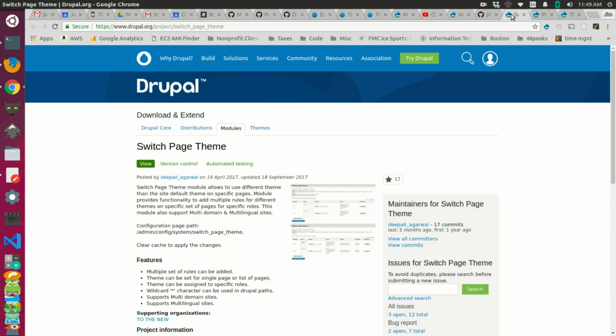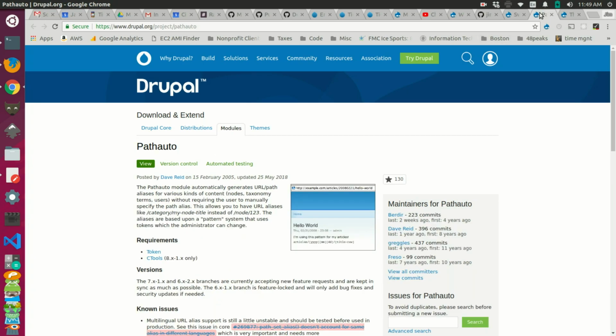Okay, let's do a quick demo of subthemes in Drupal. So we're going to use two projects in order to accomplish this. We're going to use the Switch Page Theme project, and we're going to use Pathauto. So we have a test Drupal site here,